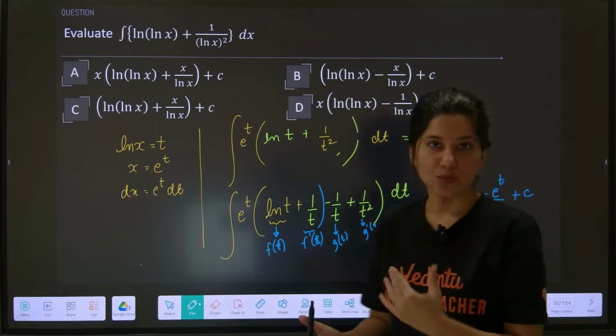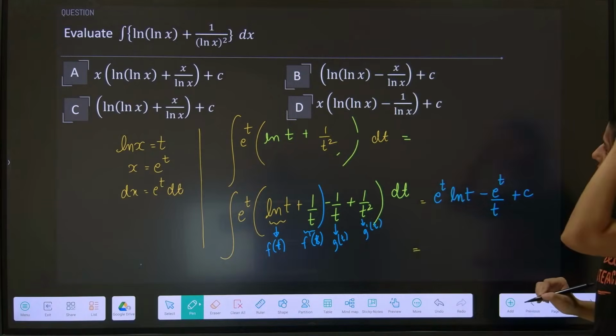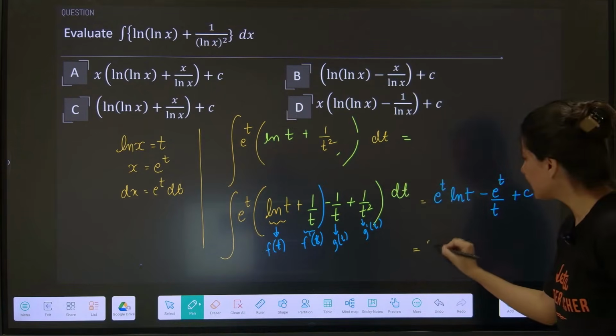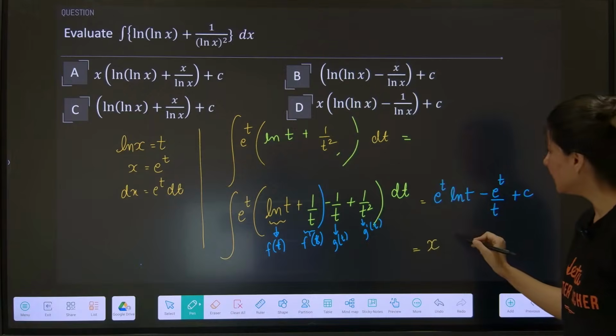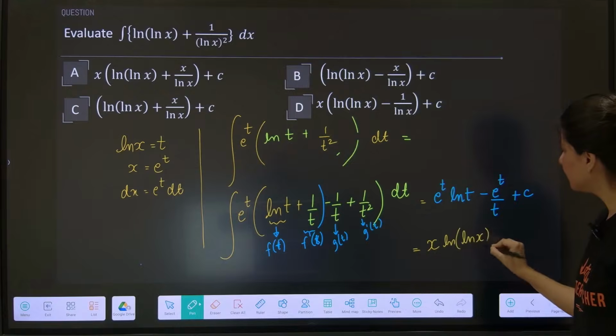Basically, simultaneously two formulas are getting created. Two same formulas. Now just e power t. What is e power t? x. What is ln t? So ln of ln x minus